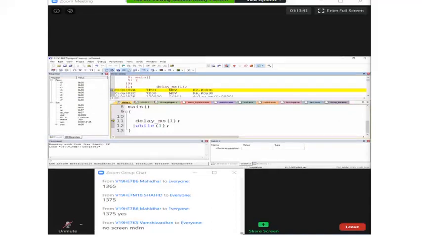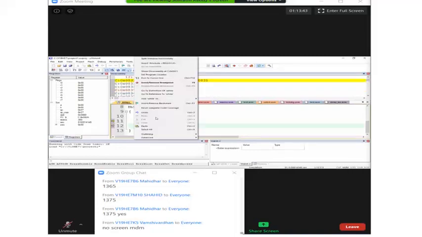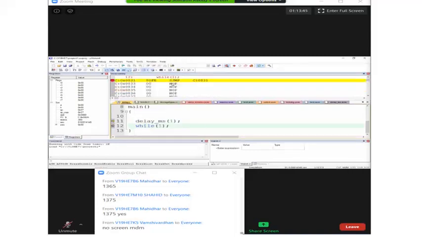I'll keep a breakpoint here. And I'm running it. How much it is? 1359. 1359 minus 389. Is it not very close? 2000?